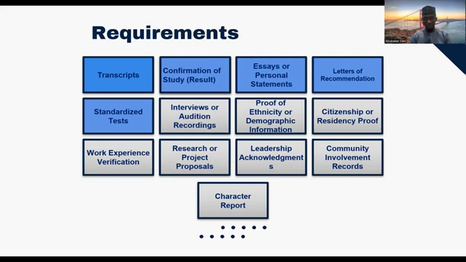Citizenship, this also can be proved by your international passport. They would like to know which country you are a citizen of. Some scholarships are for citizens of some particular country. Okay, it's not for all country citizens. So if you are maybe Nigerian and the scholarship is for those who are from Cameroon, then Nigerians are not eligible. That's why they need a proof of citizenship, and that can easily be proved using your international passport.